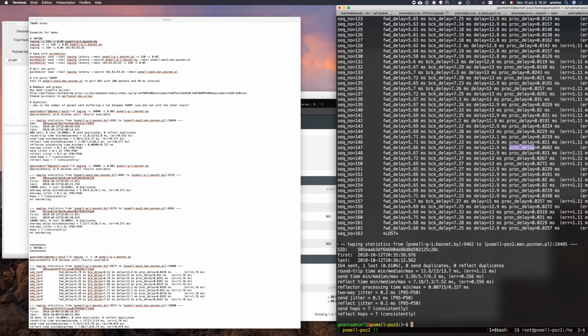And again, even with the verbose output, we have the summary at the end, which actually contains a bug that we will have corrected hopefully next week. So here the summary tells you that those are the statistics from the BASnet host towards the Poznan host, when actually it's the other way around. But it's just a cosmetic bug. It's just in the display that things are wrong here. So we have tested the TWPing command towards